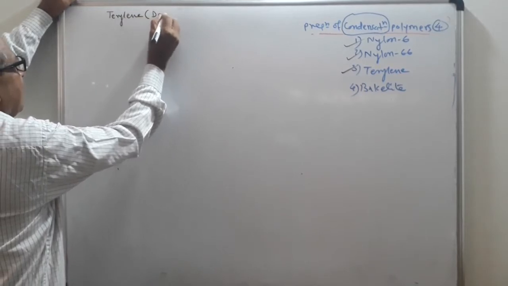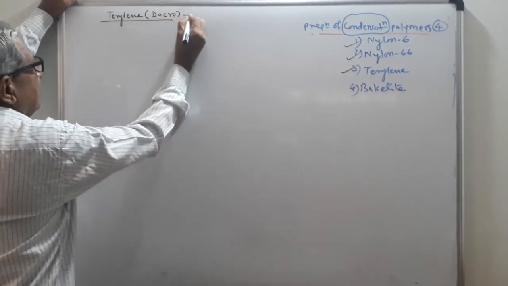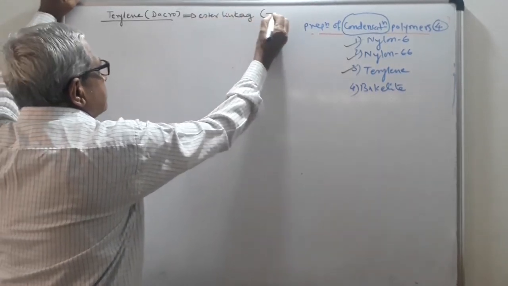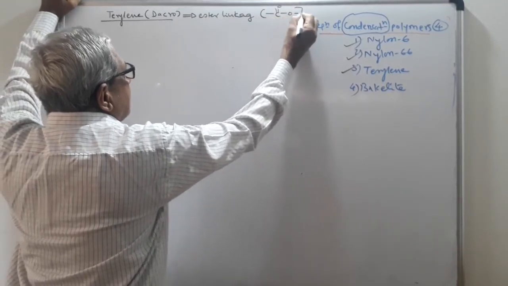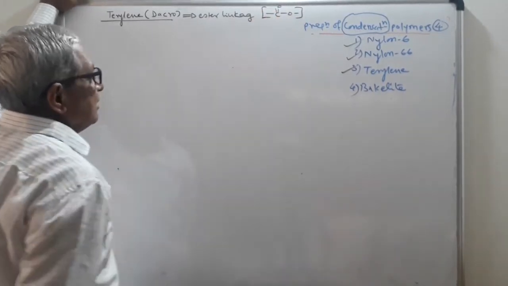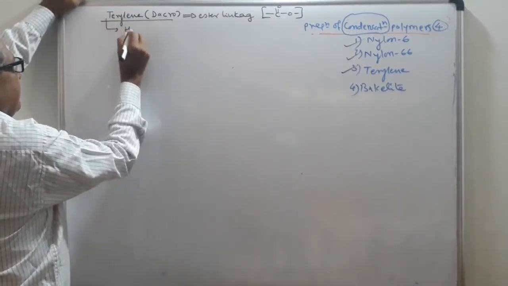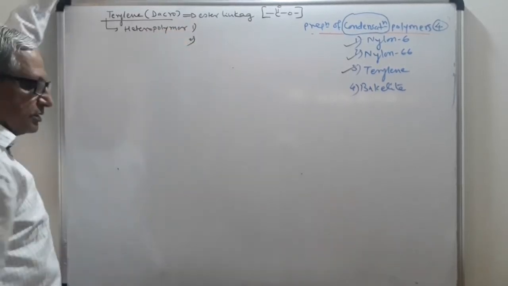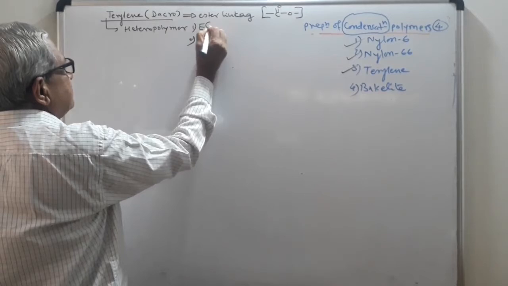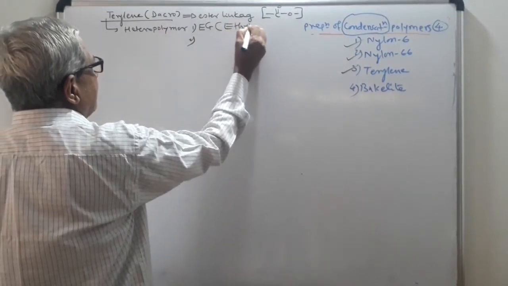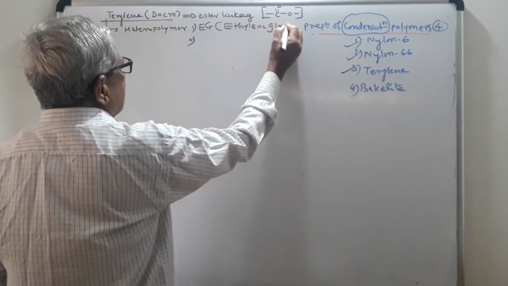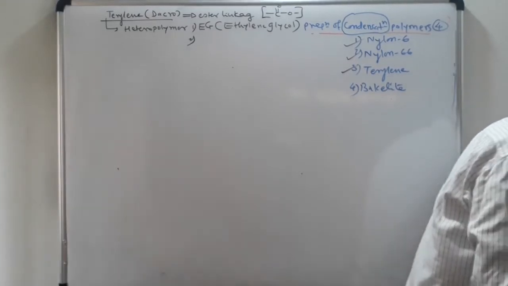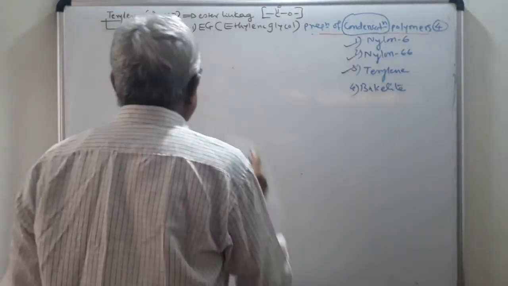It is also called Dacron. It contains the ester linkage. The formula for ester linkage is COO. This is the formula for ester linkage. Second point, it is a heteropolymer. There are two monomers. The first monomer is EG, the long form of EG is ethylene glycol. And the second one is DMT,